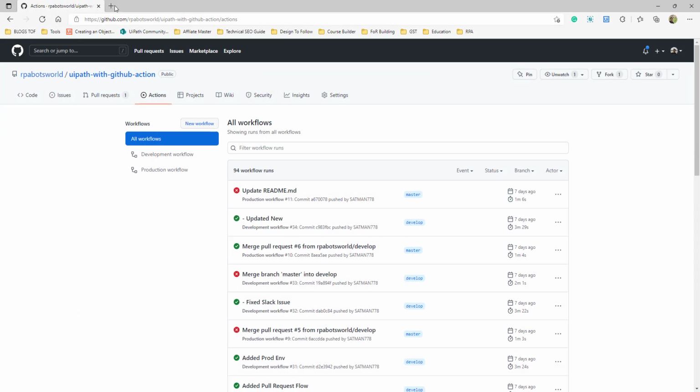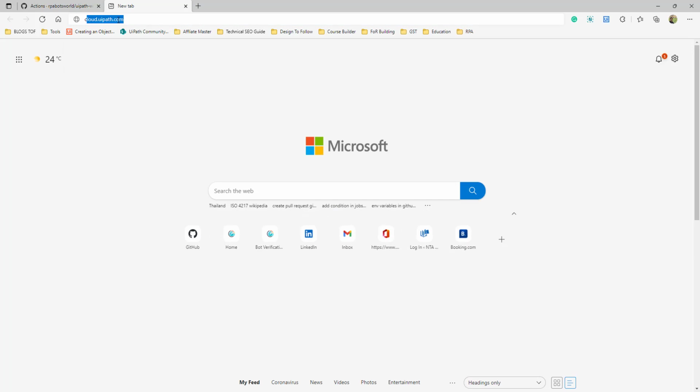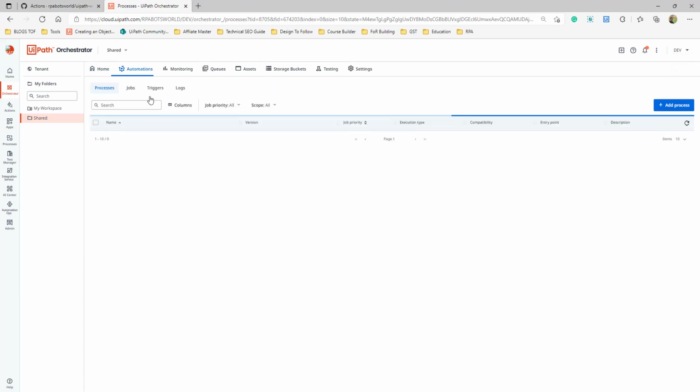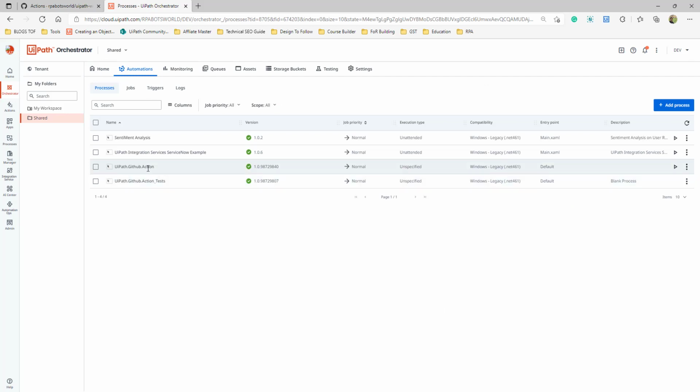For this example, we have two tenants. One is dev, another one is prod. Inside dev, we are publishing this process once this test gets completed successfully, right?